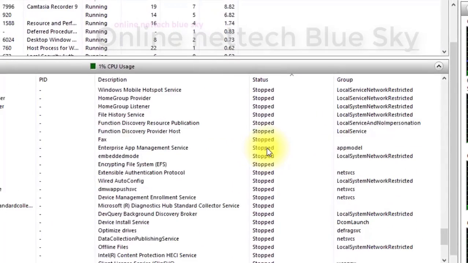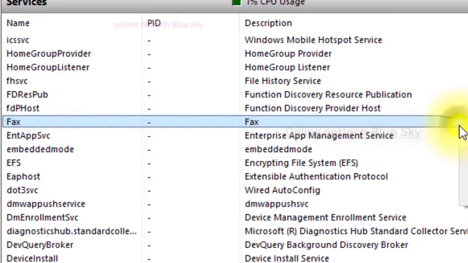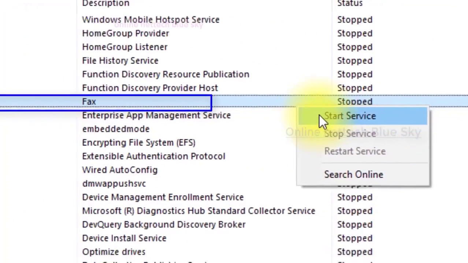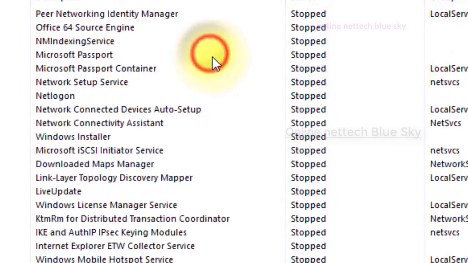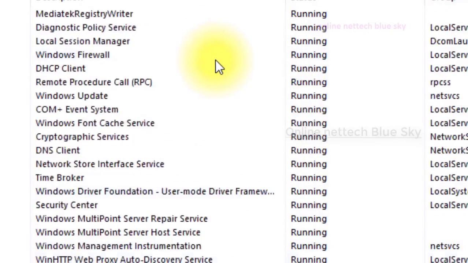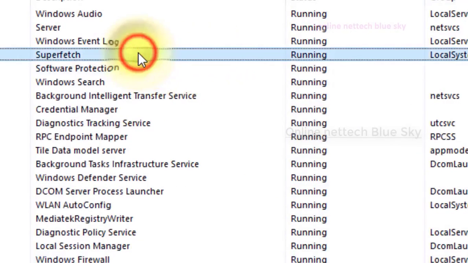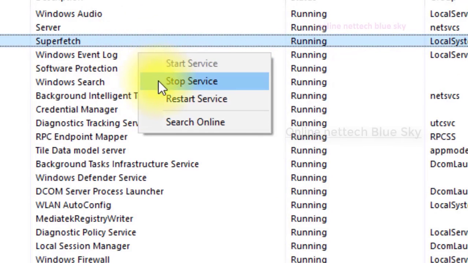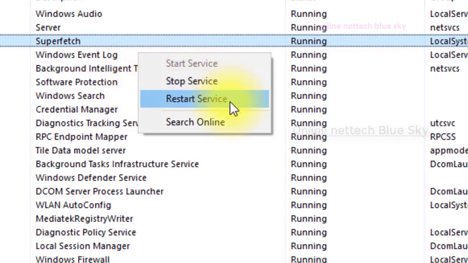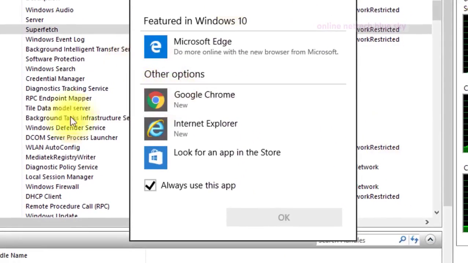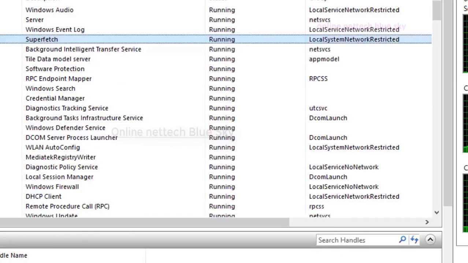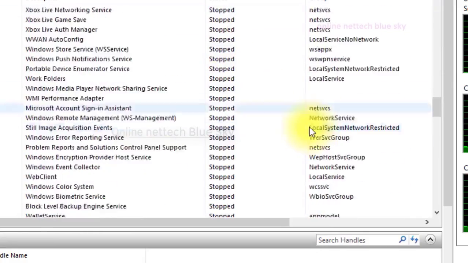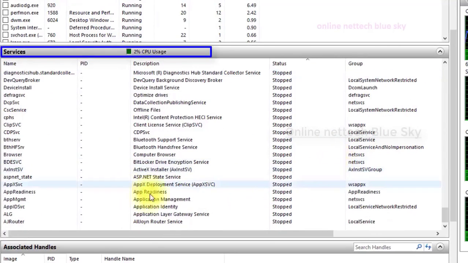First, you can see a CPU usage service and Fax. Fax is a very old technology and I am not using it, but I am showing you how we can start and stop services. Click on start services and start Fax, but I don't like Fax services, so I am not using it at this time. And you can see stop services, because I am just showing you an example. These web services are unnecessary here, and you can learn more on the internet. Click on help, and you can see these services, Windows, everything here.